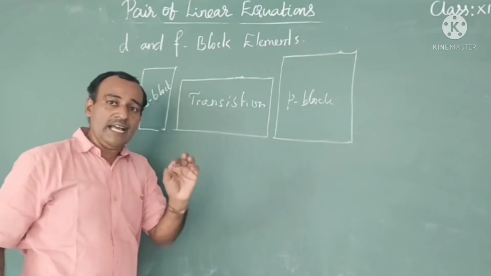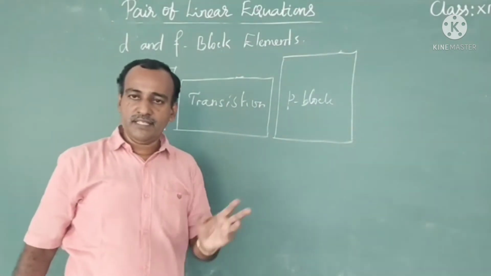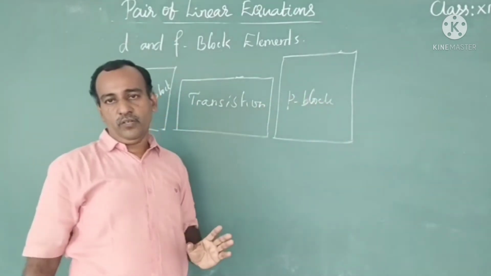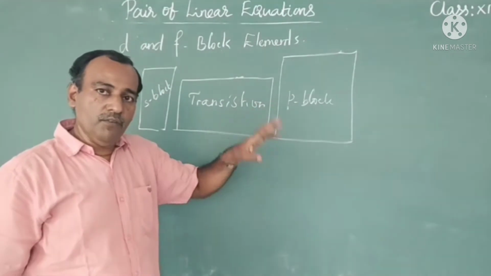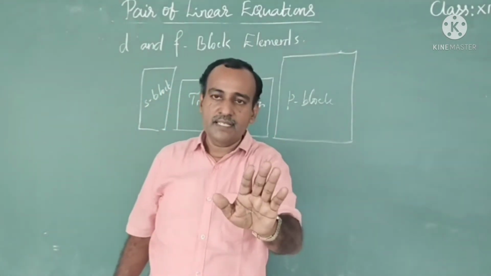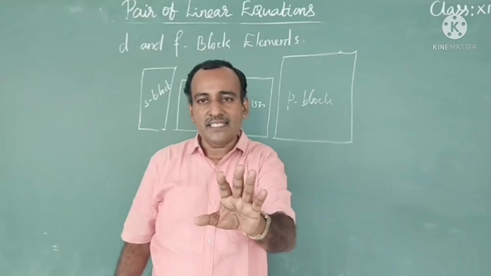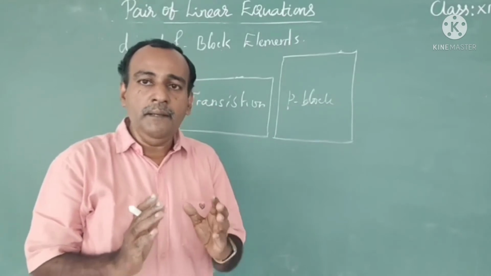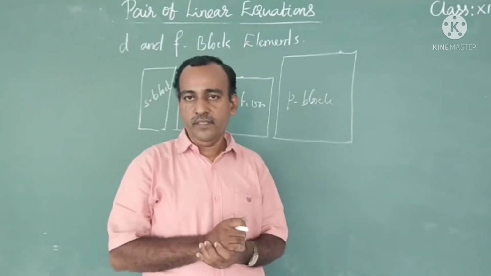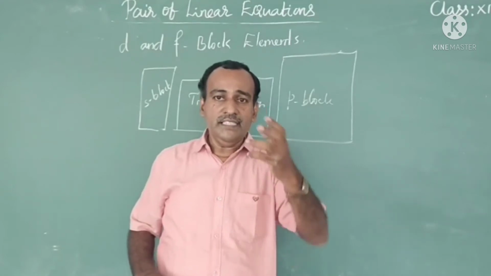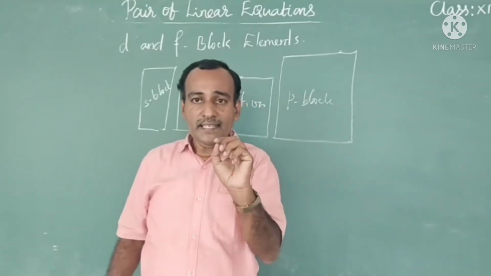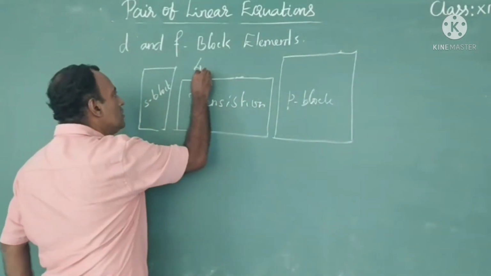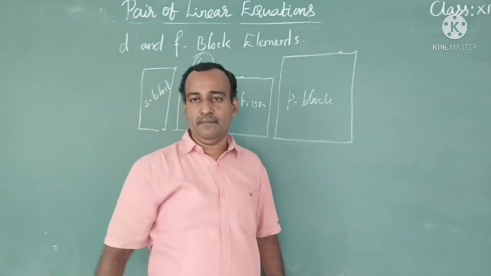They are also known as transition elements because they are showing some transition in their properties from s block to p block elements. Since almost all the elements are metals, they are also often called transition metals. So d block elements are often called transition metals. Based on the d orbital where the last electron enters, we have 4 series of d block elements: